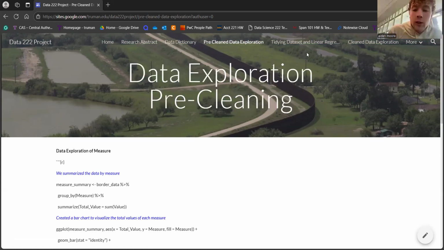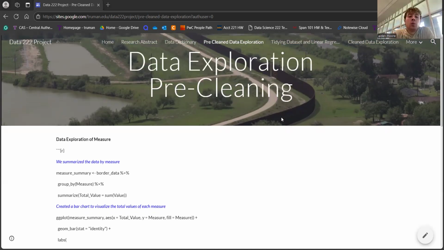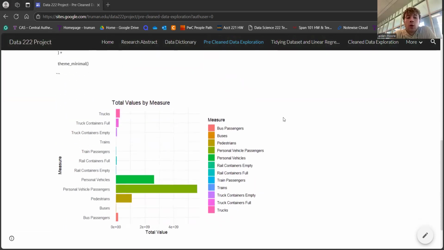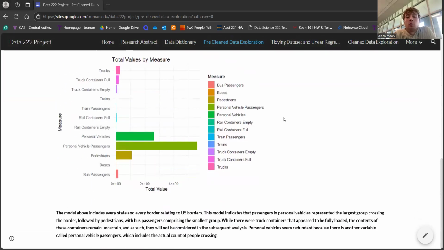For the pre-cleaning, the bar chart displays the total number of border crossings for each transportation type, referred to as measure, along the US-Mexico border and US-Canada border. The x-axis shows the total value representing the cumulative number of crossings, while the y-axis lists different crossing types, such as personal vehicles, buses, pedestrians, and trucks. Each bar's length indicates the total number of entries for that specific transportation mode, with distinct colors assigned to each